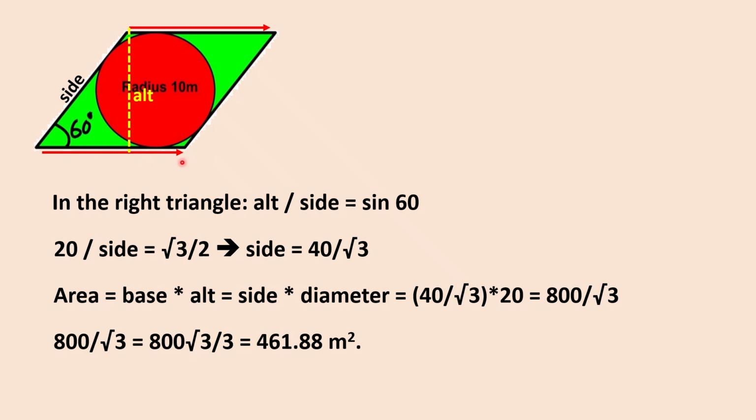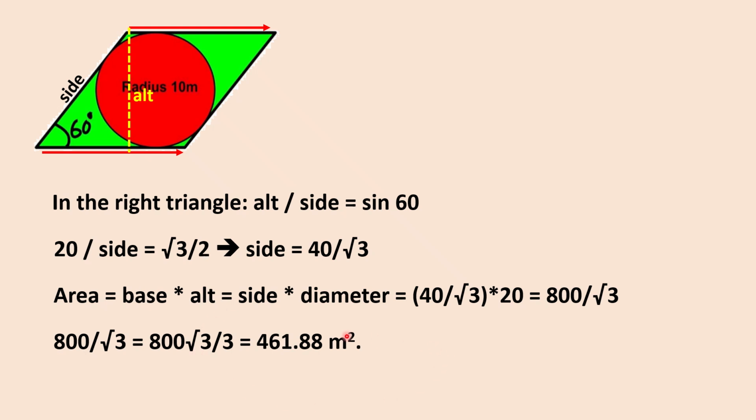The base is the side of the rhombus, and the altitude is the diameter. That is 40 by root 3 into 20, that is 800 by root 3, or 800 root 3 by 3, giving you the same answer,